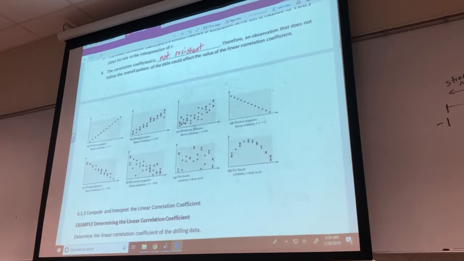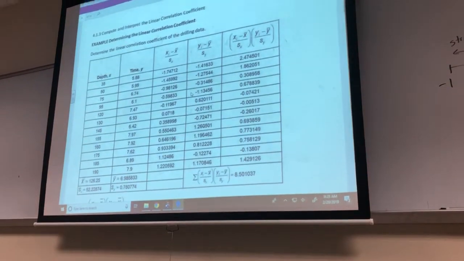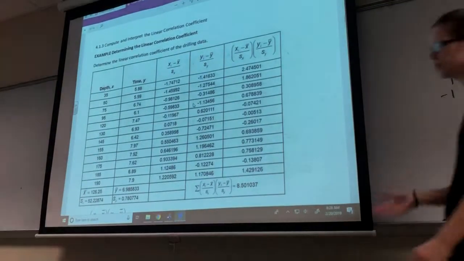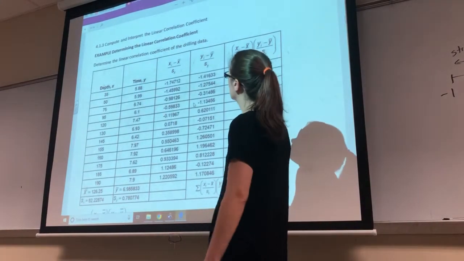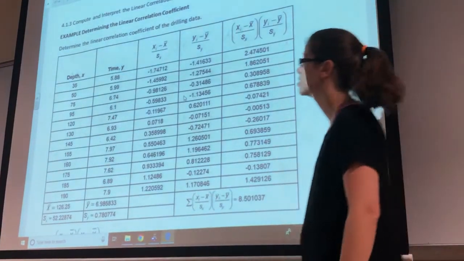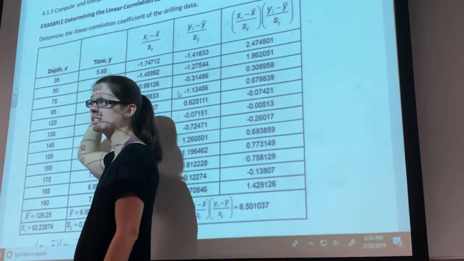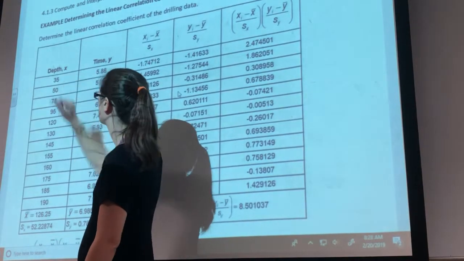Okay, so here's their example of doing the linear correlation coefficient, and like I said, this is going to be a really long one, so we're not actually going to do this one. I just wanted to point out a couple of things. So they go through for each x and y. Remember, these are ordered pairs, so this 35 and this 5.88, those stay together. They're not going to be separated at all. So they have to stay together because